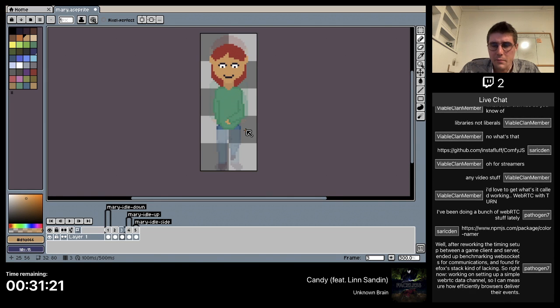Okay, that looks good to me. Okay, Pathogen says, well, after reworking the timing setup between a game client and server, ended up benchmarking WebSockets for communications and found Firefox's stack kind of lacking. So right now working on setting up a simple WebRTC data channel so I can measure how efficiently browsers deliver